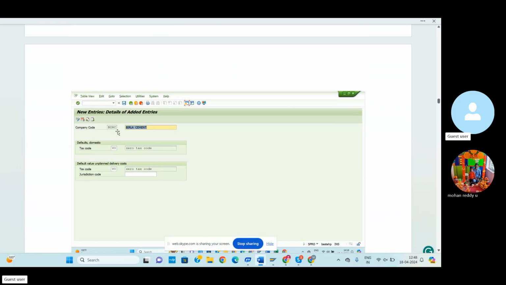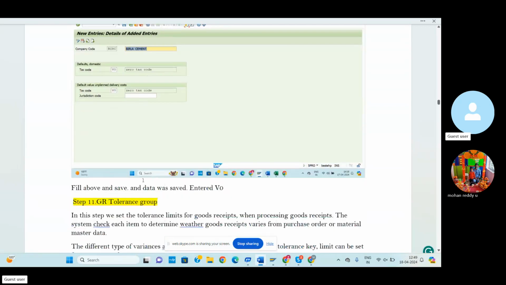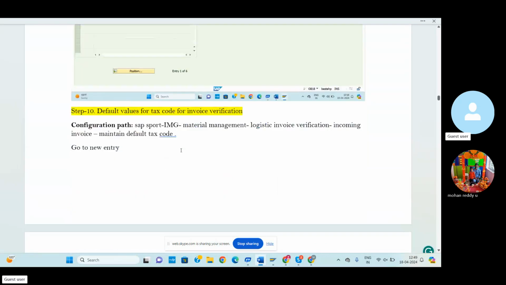Here we can enter the company code, then go to the tax code VO. So zero tax code and here also zero tax code. Default values uploaded, new delivery codes, default domestic. So we can select both of these and save. So these are the default values for the tax code invoice verification. Then again you go for the 11th step,